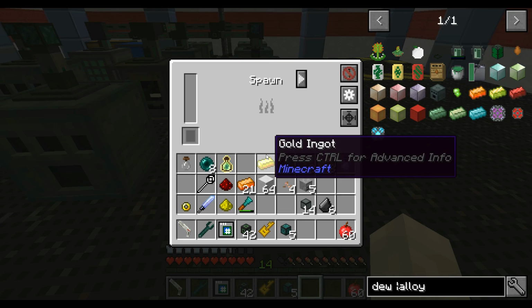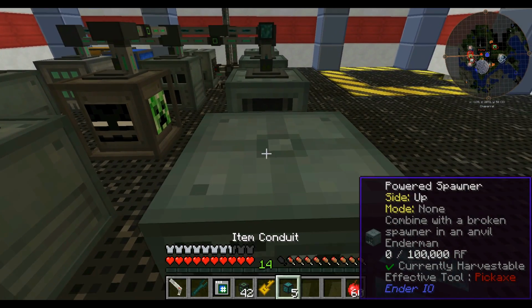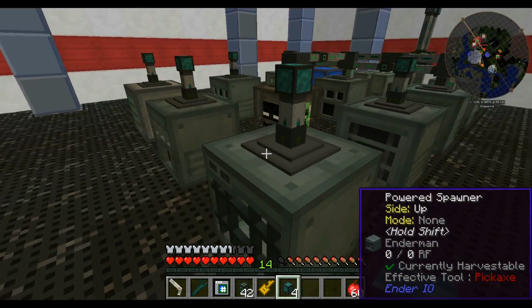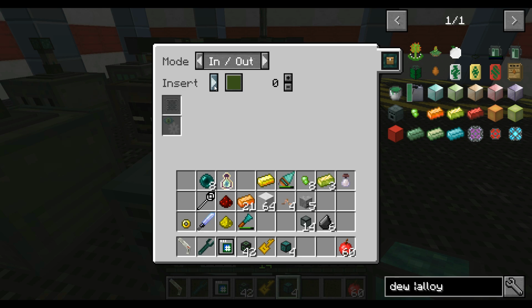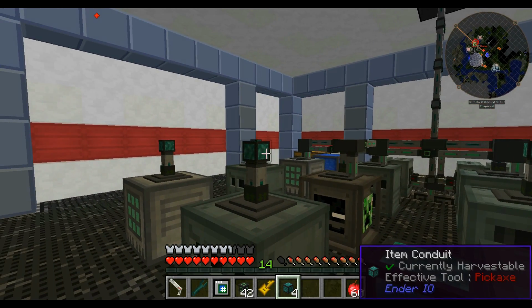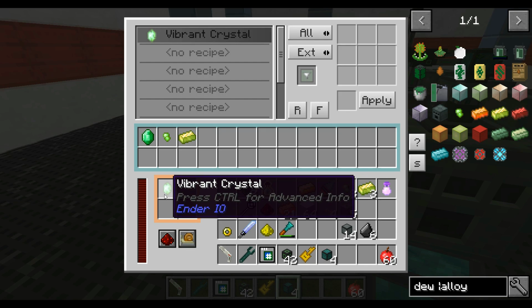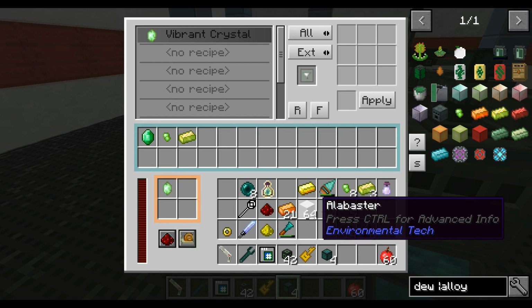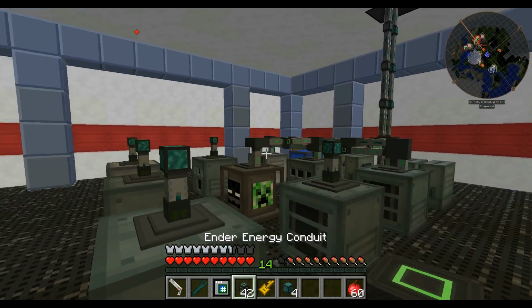We can set this thing up like this, and there. We can set it to capture. So that's all we need there, and that will go out like that. This will be set to extract always active, in and out. I don't think I really need a filter on this. So I think, are we good to go? I know we're not there. Vibrant crystal. How are we for setting this up? Let's power this and get it to...